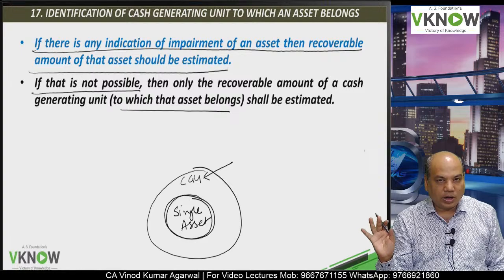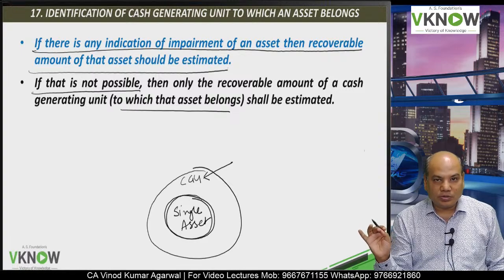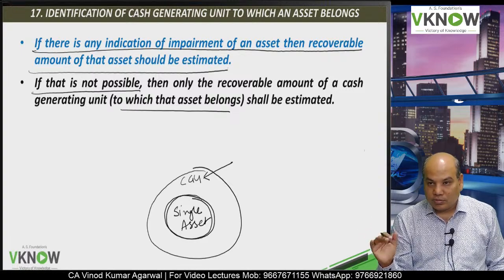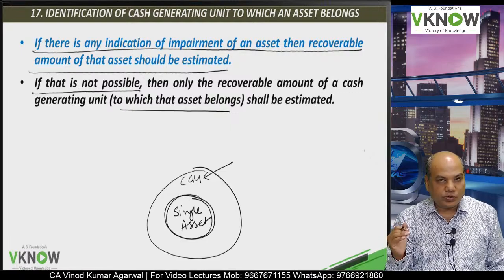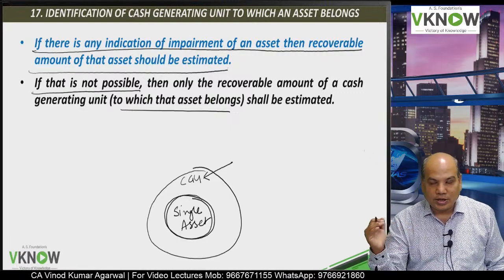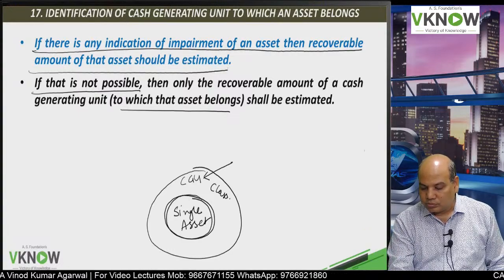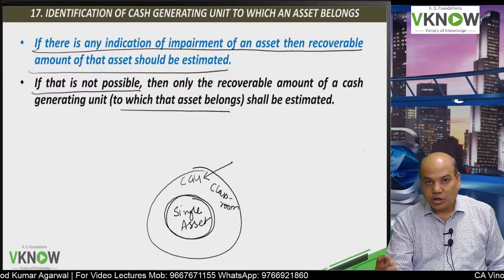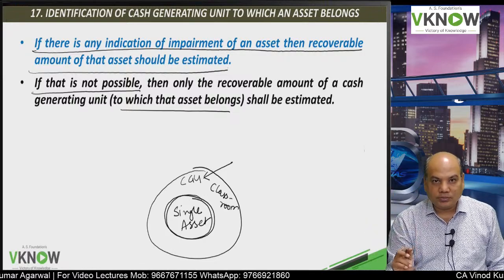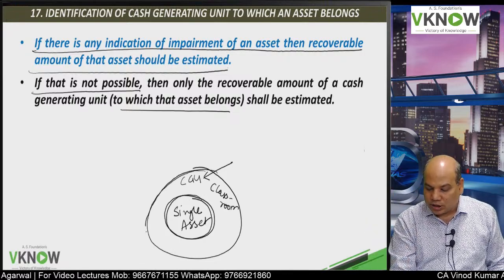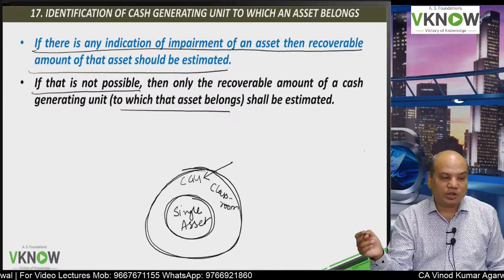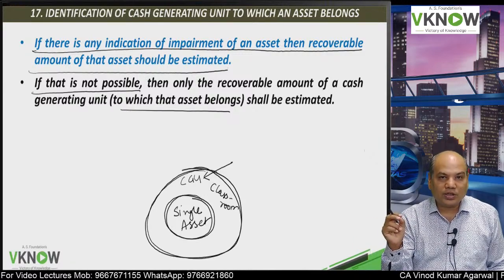So I will try to find out the recoverable amount of the projector, but I cannot compute it because the projector does not generate independent cash flow. So this whole classroom, which includes this projector, and assuming that this classroom generates independent cash flow, we are going to test that classroom